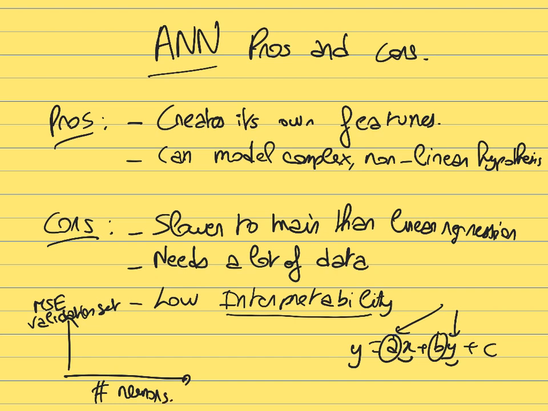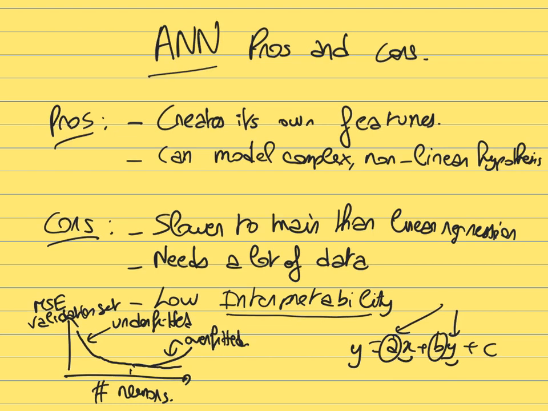Most likely you will see that if you use too few neurons, then you will get a very high error because your model is just too simple. It is underfitted. Then at some point there will be an optimal number of neurons, and then it will either plateau or start to increase again when the model becomes too complex. So too few neurons means that your model will be underfitted, and too many neurons means that your model will have a high variance, so it's going to be overfitted.